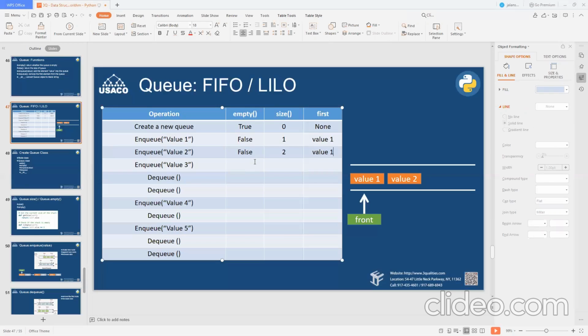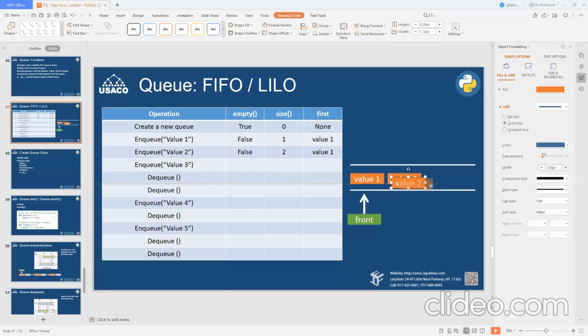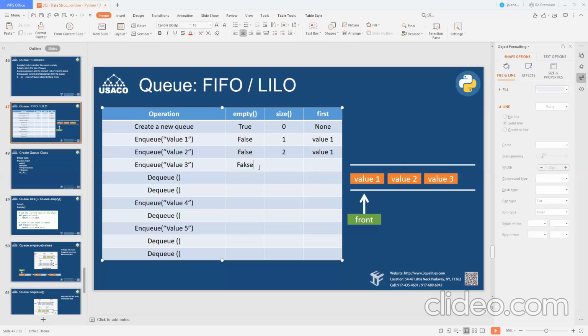Value 1. Okay, continue. False. Okay? 3. Value 1.